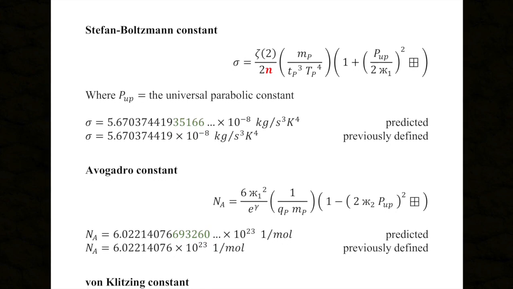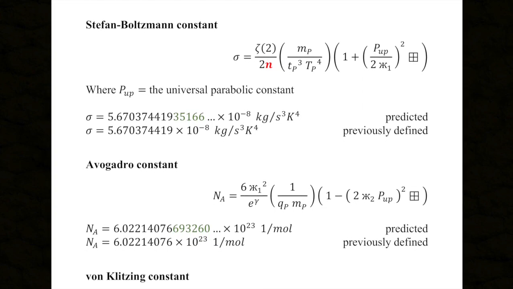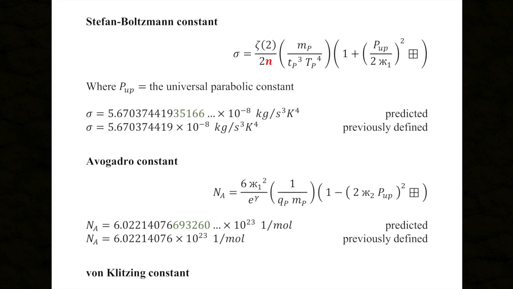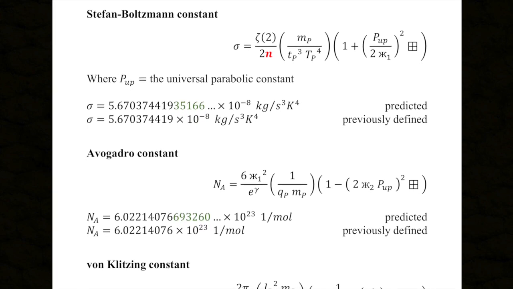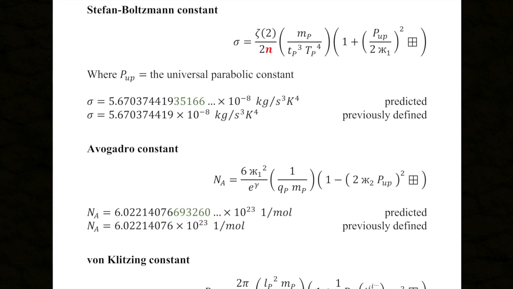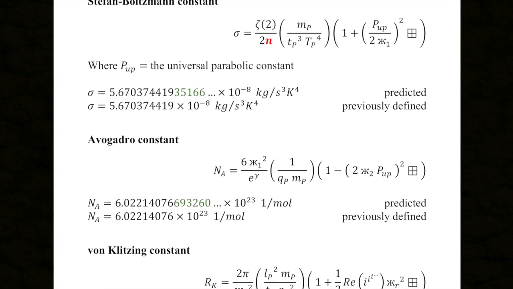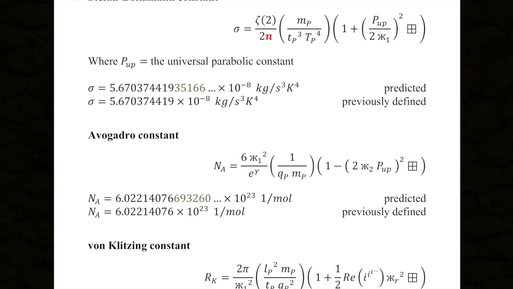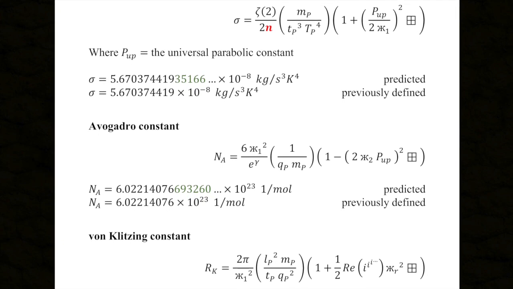Avogadro's constant, the boundaries are here: 1 over the Planck charge times the Planck mass. Okay, the Planck charge and Planck mass are both in the denominator together, and that defines that collection, a mole. When you put those two together, you can call that a mole. And then when we ask what is the primary action of this single mole arrangement, we get 6 J1 squared,